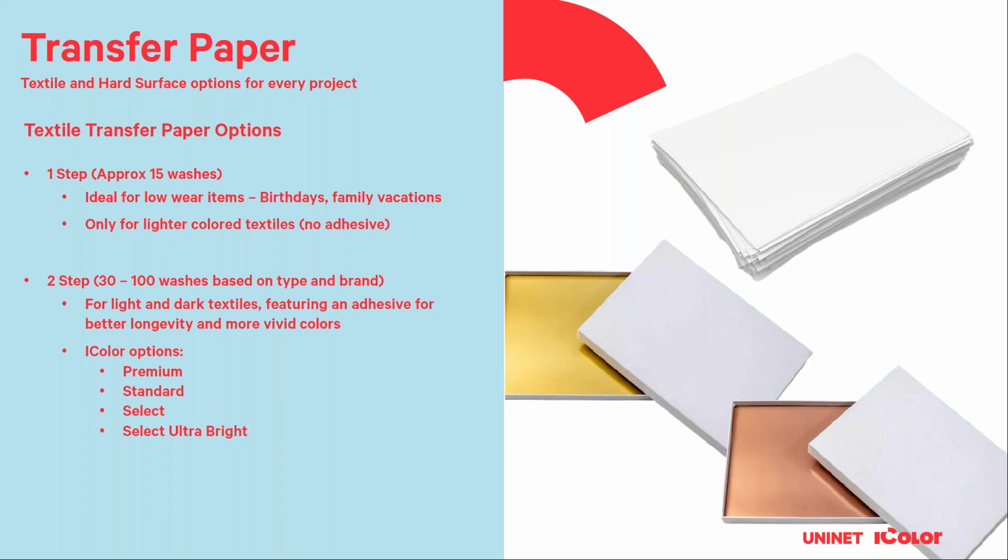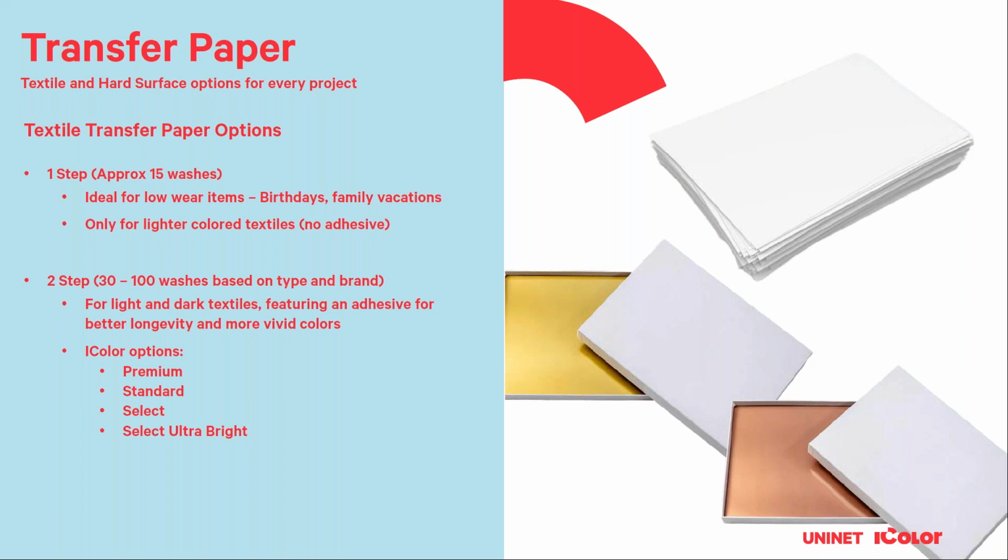And we have basically 4 types of paper out there. The most popular is the standard. That's what I recommend people getting started with. It's the easiest to use. It's the most popular. And then, as I mentioned, the Select Ultra Bright is a very good alternative, where both the standard and the Ultra Bright have a very opaque B sheet. So that means when you apply your adhesive to your transfer and you press it to your shirt, even a black shirt, you cannot see the color of the shirt through the adhesive. And that's what provides most of your vibrancy.